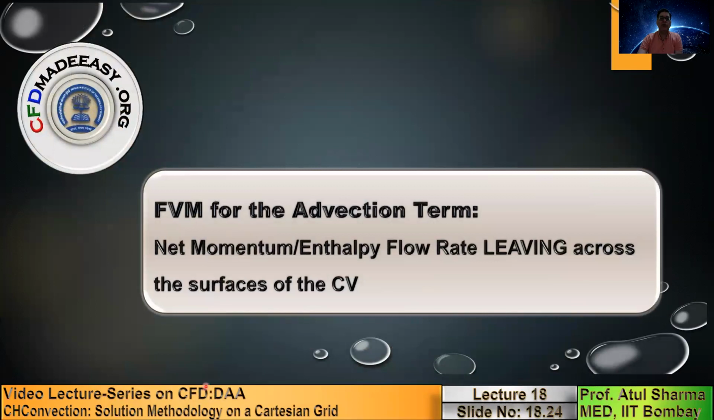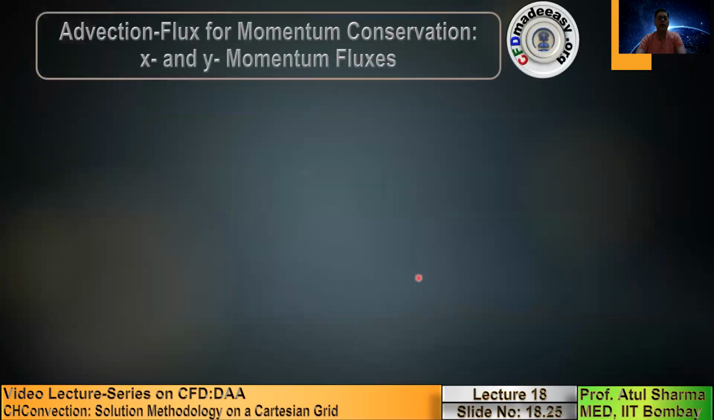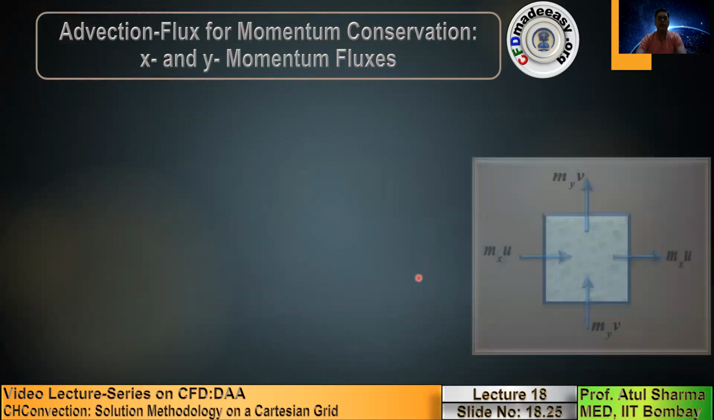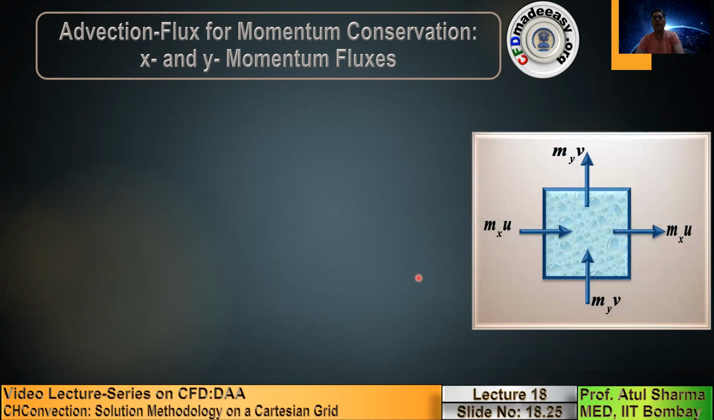So from unsteady, when you go to the advection transport process, for momentum you get a net momentum flow rate leaving the surface of the control volume. For energy, it's the net enthalpy flow rate leaving across the surface of the control volume. So I'll represent it in a generic form together. But before I go to that, I would like to introduce enthalpy flux as a vector, but when you talk about